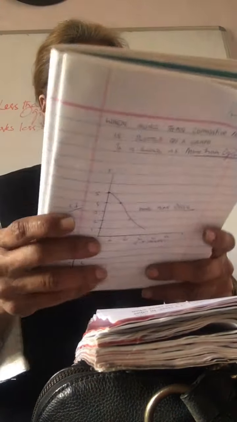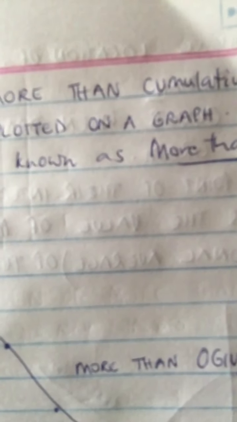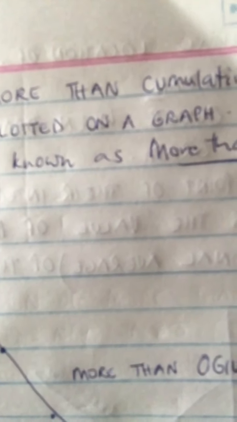Alright, and now we're going to talk about the more than ogive. So take the cumulative frequencies again, and for the more than ogive, again it's the same thing. Let me just repeat once again, how do you construct the more than ogive. So we've taken the cumulative frequencies of more than method, and we have put the lower limits here on the x-axis, and of course the cumulative frequencies on the y-axis.